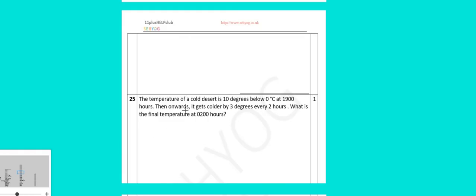Looking at our next question, that is question number 25. The temperature of a cold desert is 10 degrees below 0 degrees Celsius at 1900 hours. Then onwards, it gets colder by 3 degrees every 2 hours. What is the final temperature at 200 hours? So we need to find the final temperature right here. In order to do that, what do we see? First we will see the temperature at